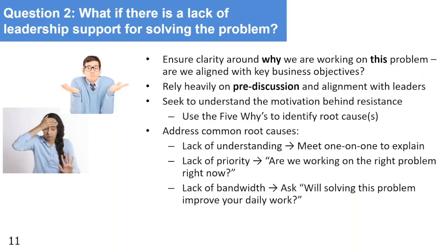One of the things I like to ask them is, if we were to solve this problem, if we were to reduce these defects by 75%, is that going to make your life better? Is that going to make your work easier and less frustrating? And 9 times out of 10, I've gotten them to nod their heads and say, yes, that would. That's definitely a question that I would ask them,